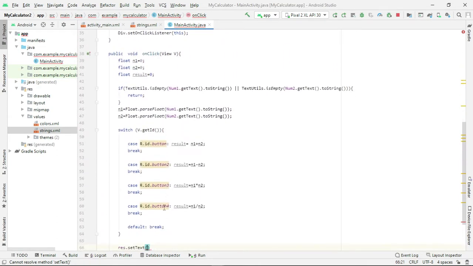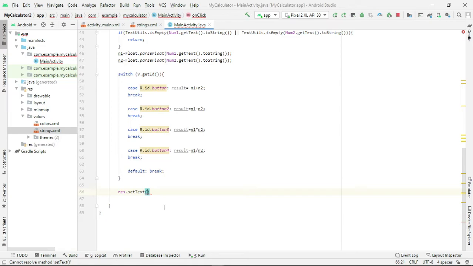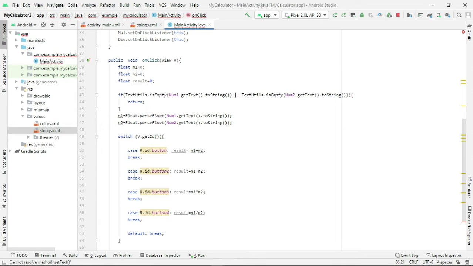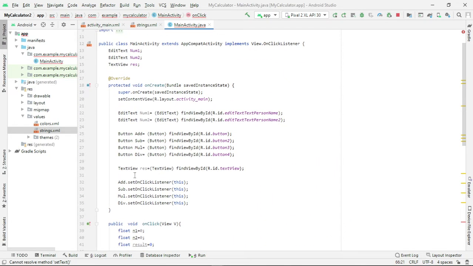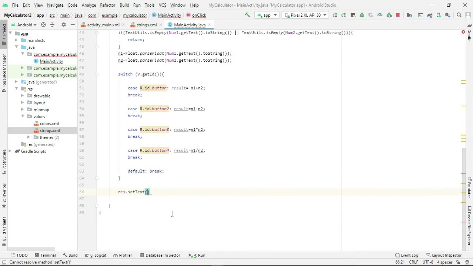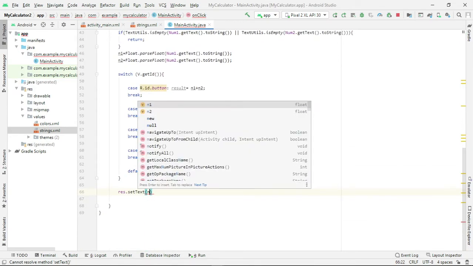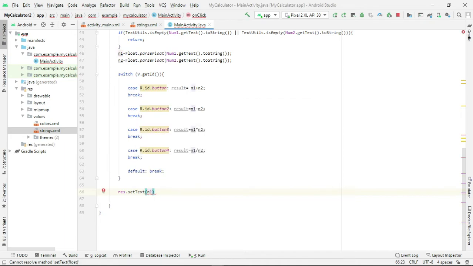Yes, res text view. N1, what do you have to display? Whatever the N1 value, plus, I hope you know how Java works. Okay, N1 plus.